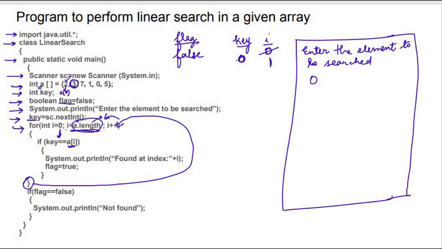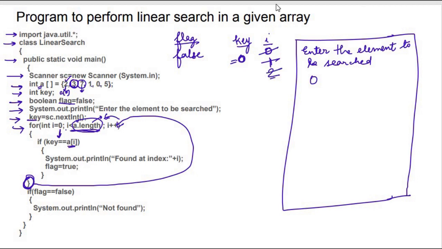If के बाद it comes out of this if block and there is this closing brace of for. It goes up again, ऊपर जाता I plus plus, so I becomes 2. Now again in the same way it is checked. So 2 is less than 6, condition is true, enters into the for loop. Key is equal to AI. Key means 0 is equal to AI. I is 2. That means A2 is referring to 7. Is it true? No, it is still false. So this if again does not happen, again this goes up.